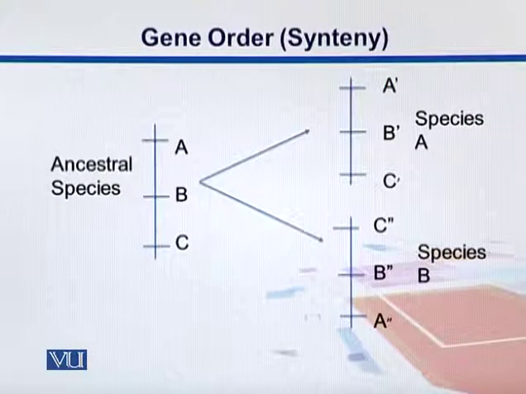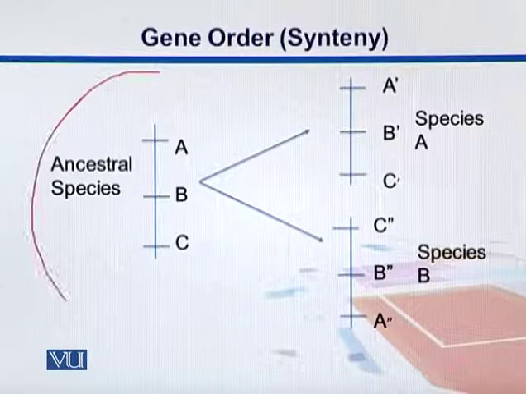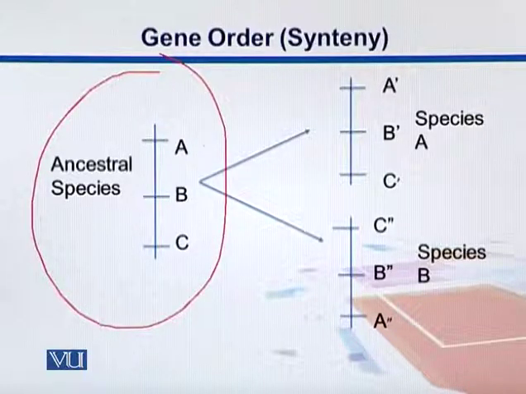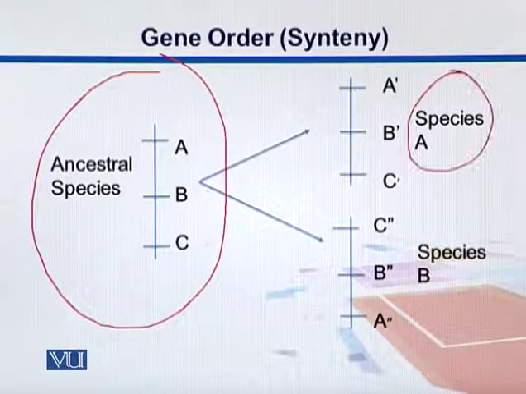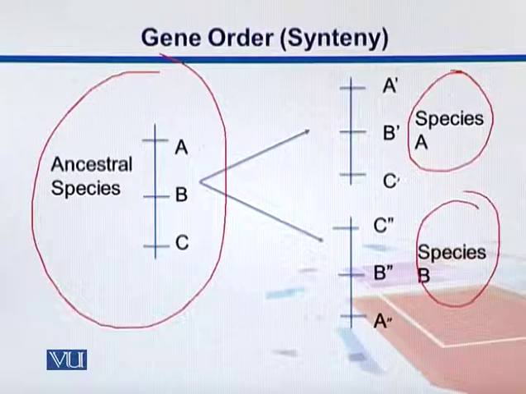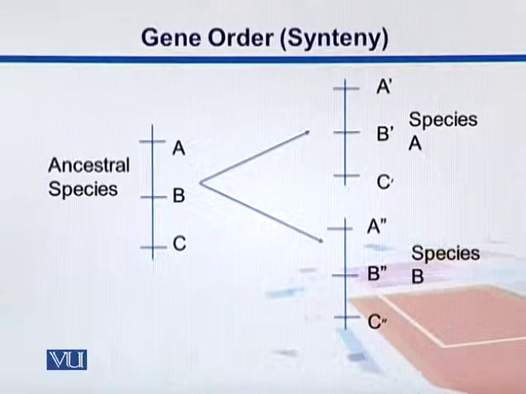In this example, we demonstrate the synteny or the arrangement of the genes on the chromosomes. Here we see there is an ancestral species with just one chromosome. We have three genes, A, B and C, and it diverges into two species, species A and species B. We see that A has the genes in the same order, whereas in B, A and C have flipped their location. So we can have a situation like this or like this, where we have the same order as in the ancestral species, where we can see the synteny is conserved.